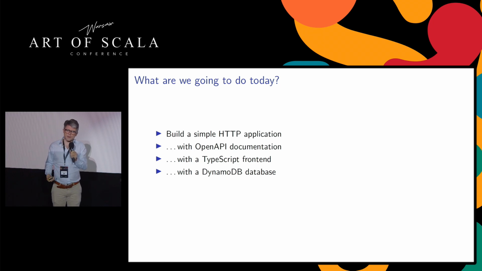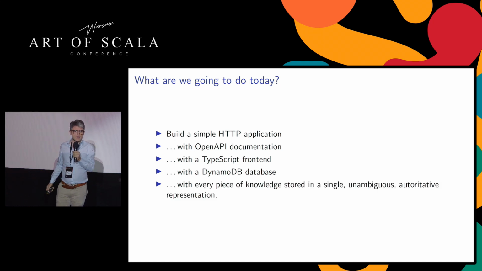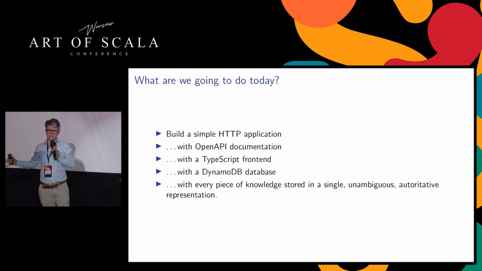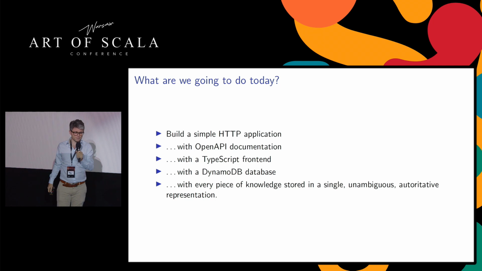And we need to connect to a database. So in this case, I chose DynamoDB from AWS, and we will also look at that. And we will try within this application and with this bigger ecosystem to give every piece of knowledge exactly one single place to be represented.